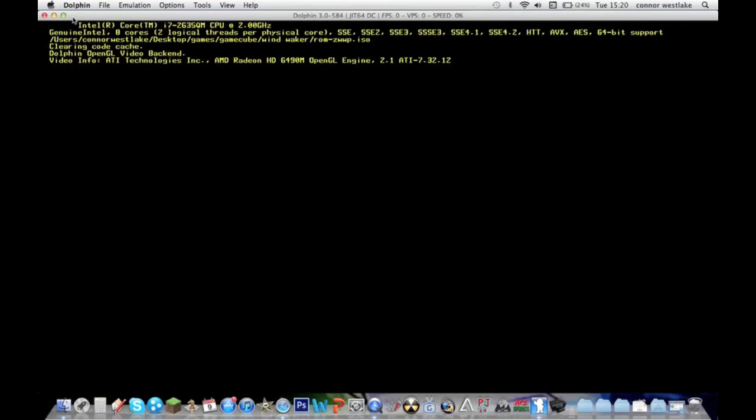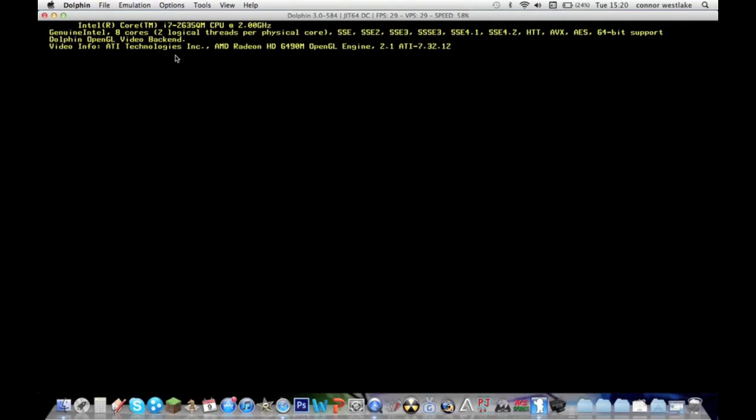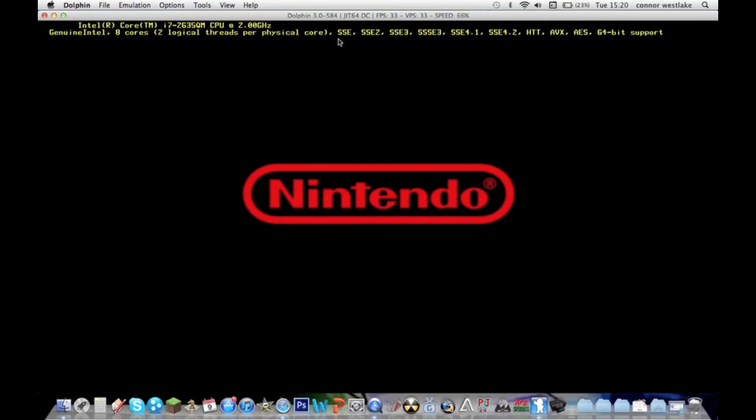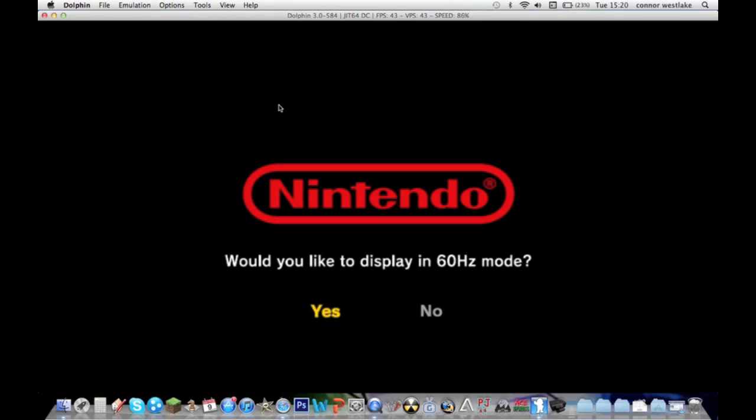So let's just double check that this one works. I'm hoping it does. And you'll see all this text on the top. You don't have to pay attention to that. It just says, like, this is how it saves it. So it will save it to your